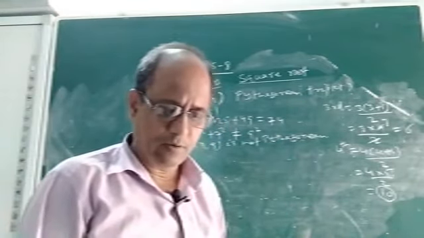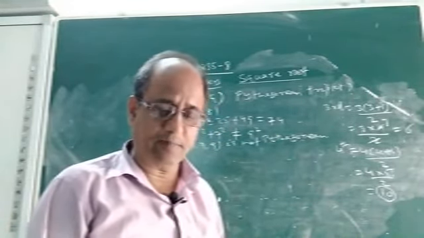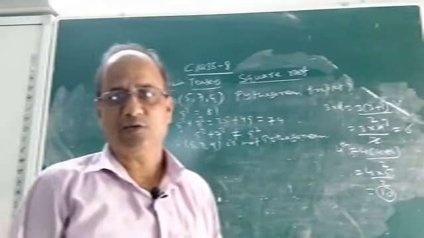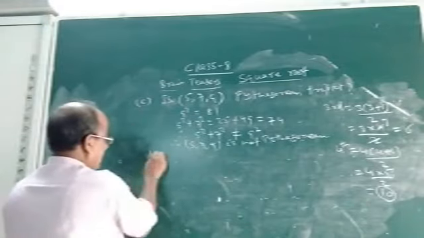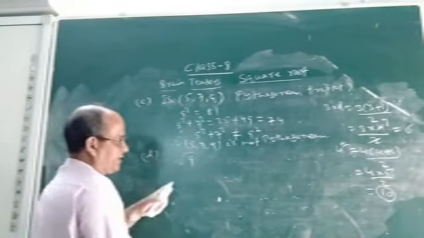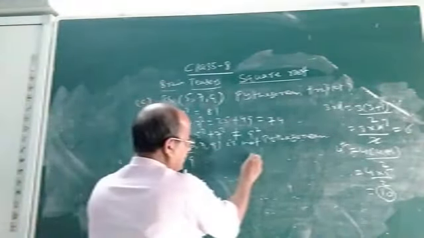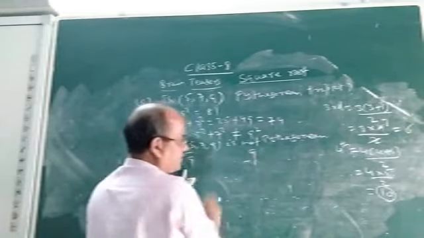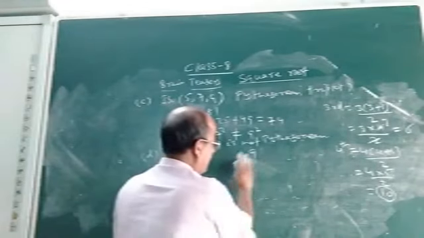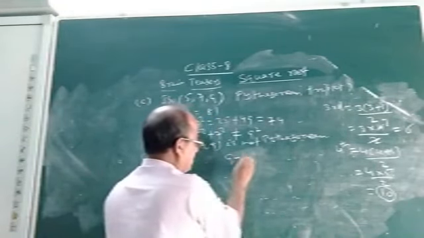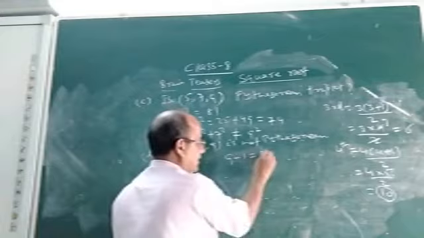Then find the square root of 9 by the repeated subtraction method. Repeated subtraction we have already discussed. How to find the square root of 9? In repeated subtraction, what will we do? First you subtract the first odd natural number. It is 1. I am writing row wise, 9 minus 1, it will be 8.